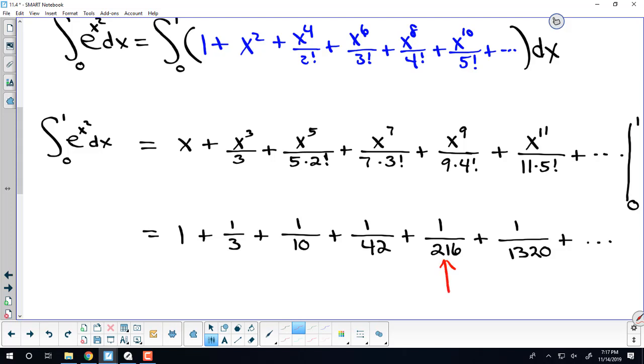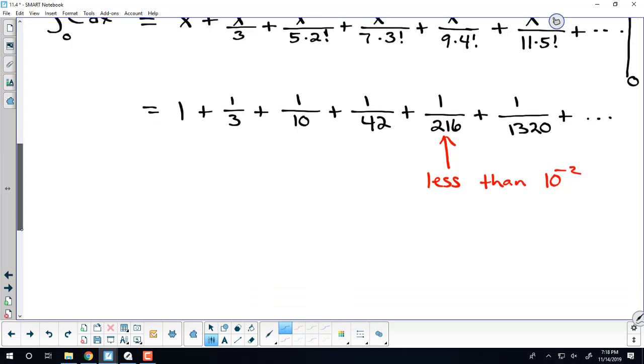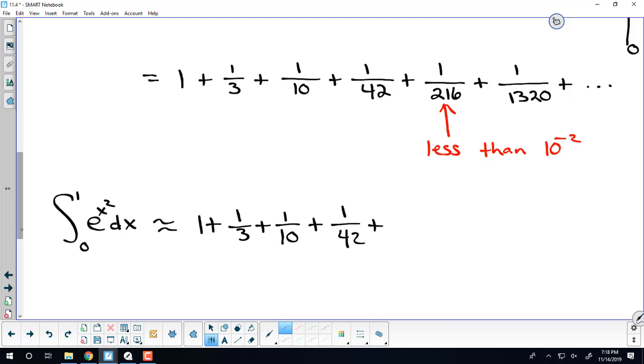This term here is going to give us an error of less than 10 to the negative 2, because these subsequent terms are going to affect the third decimal place, the fourth, the fifth, etc. So for that particular level of accuracy, we'll just say that the integral from 0 to 1 of e to the x squared dx is approximately 1 plus a third plus a tenth plus a 42nd plus